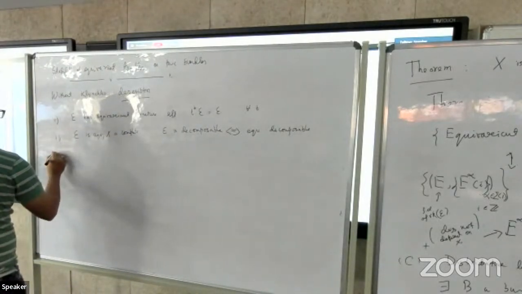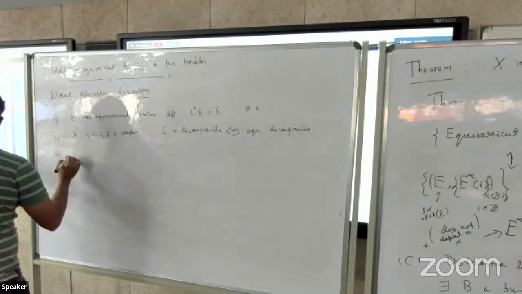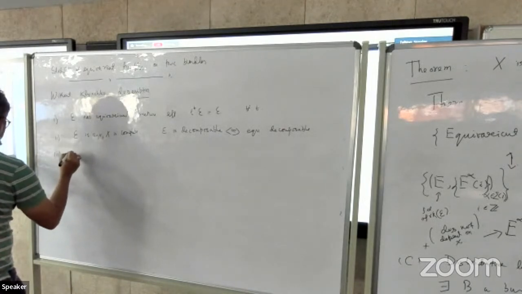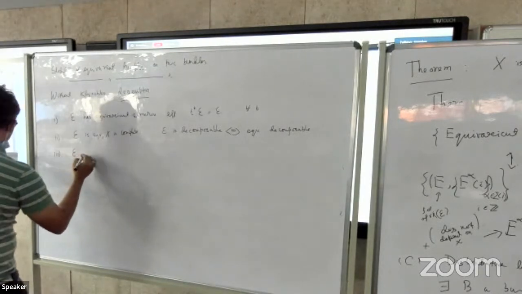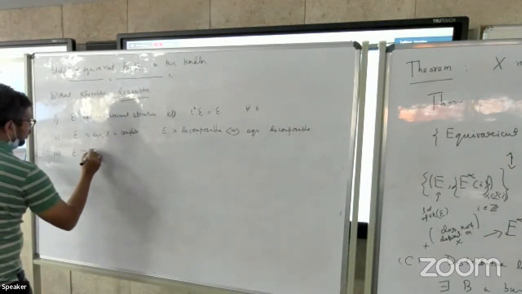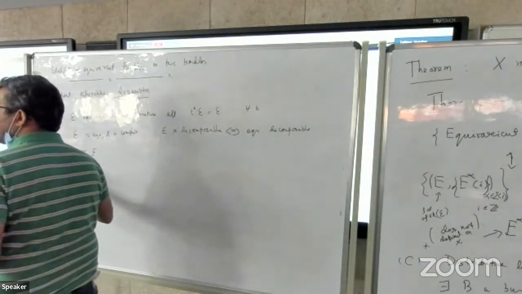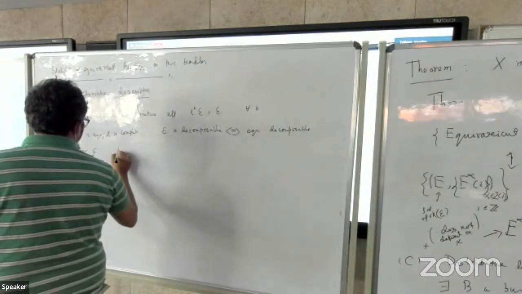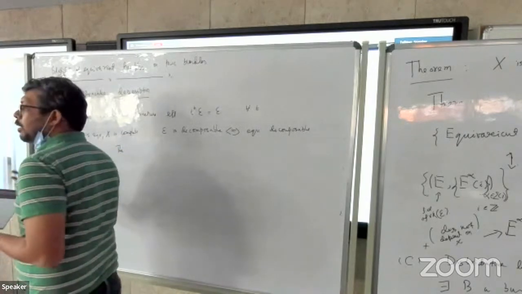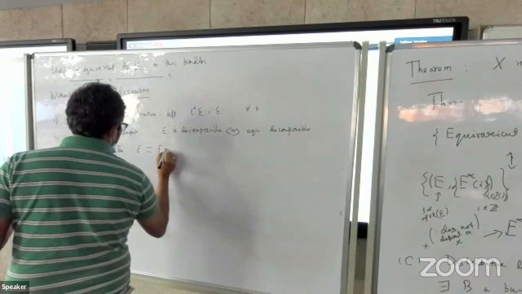And for these things you don't need Klyachko. Using the T action, one can prove such things. I mean, just some properties of equivariant bundles. So if E is isomorphic to a trivial bundle non-equivariantly, it need not be an equivariant isomorphism. Then there exists a character. A character gives you a line bundle. Then E is isomorphic to some